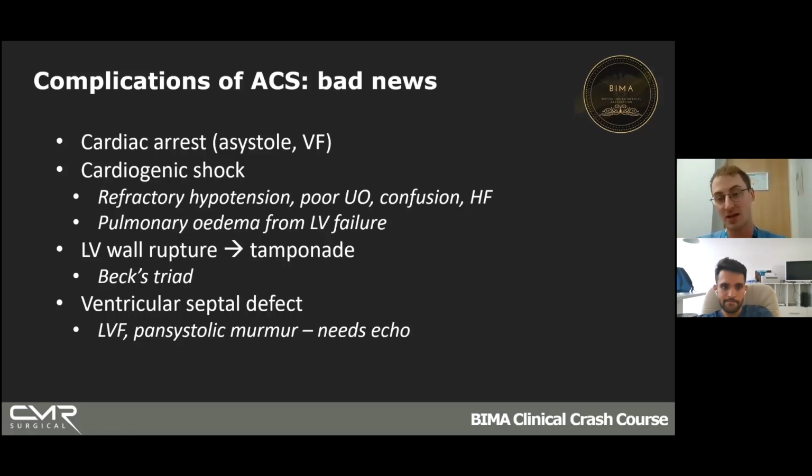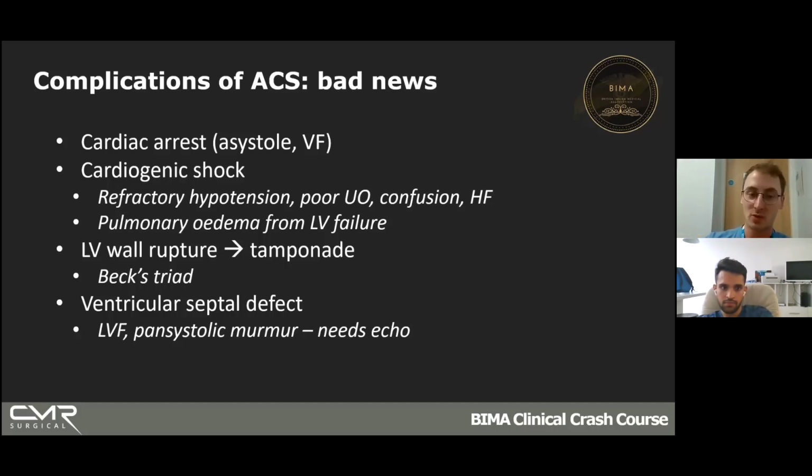So you can have cardiac arrest. Your heart attack, your heart electricity gets messed up and you have a VF arrest or asystole and you die. Number two, you can have cardiogenic shock. I believe this was covered yesterday by Dylan's talk. Basically this means your heart can't pump blood to any of your organs. Your organs fail and you die. And it's really hard to treat. We've seen some people with it on the ward and they don't tend to do very well.